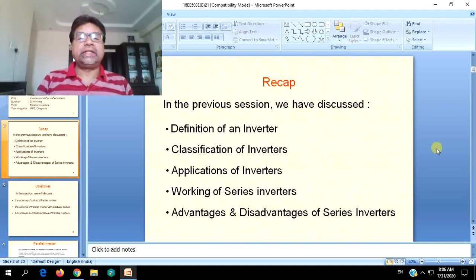when the load is inductive, because mainly the load will be inductive in most of the cases. For AC, we will be converting DC into AC with the aid of these inverters, but ultimately the load will be inductive in most of the cases. So we will also extend our discussion to inductive loads, where the circuit will be somewhat complex.